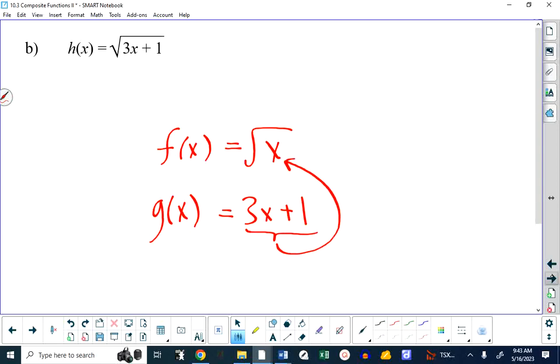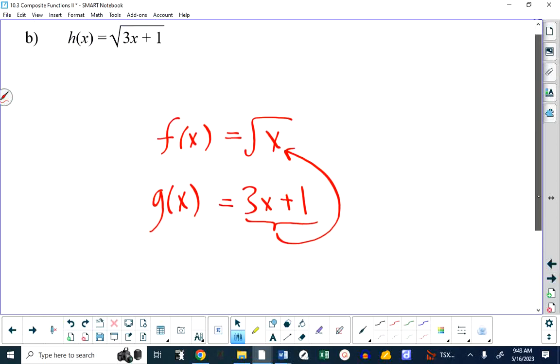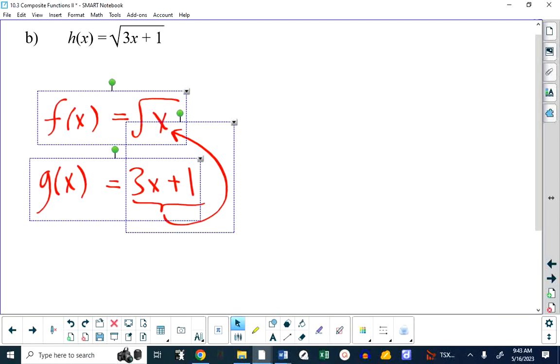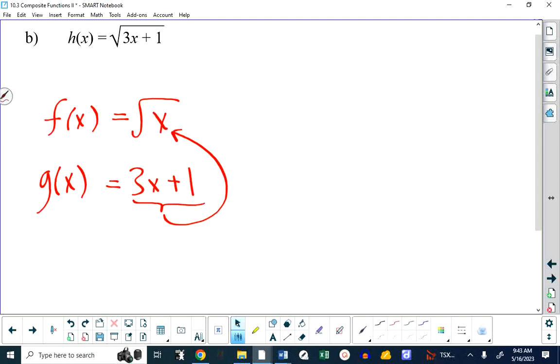Now, a number of years ago, I had a student put up their hand and say, could I say this? Could I say, and I don't think they were trying to be clever or witty. I think they were being serious. At first I thought, oh, they were just kind of making a joke. And then I realized, no, it's a good question. Could I say f of x is the square root of 3x plus 1, and g of x